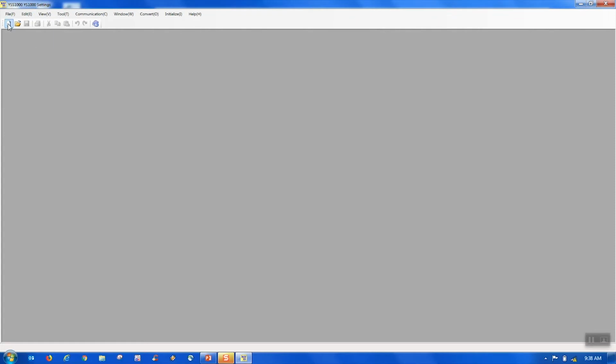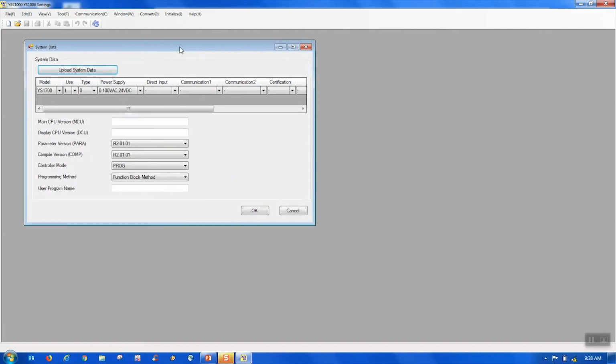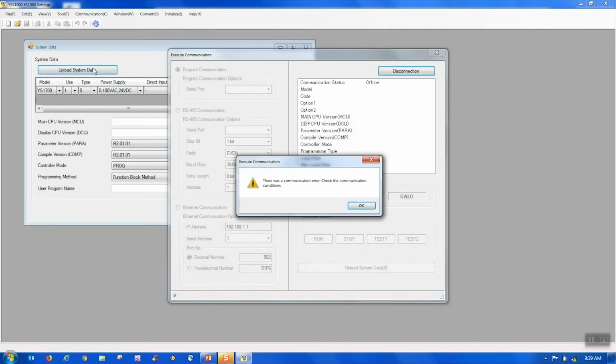And we're going to start a new file here by clicking on the new icon. What you see here now is the system data window that pops up when you start a new file. To get things started, you can either populate these drop-down windows with the data on the data label on top of the controller, or you can actually communicate with the controller and have it populate this area for you. So we'll do that. We'll click on the Upload System Data tab,